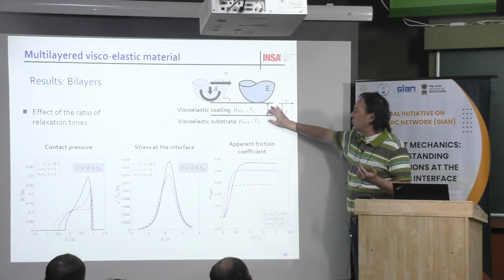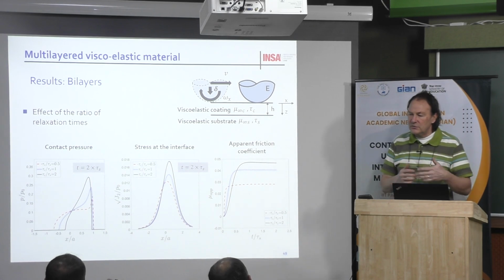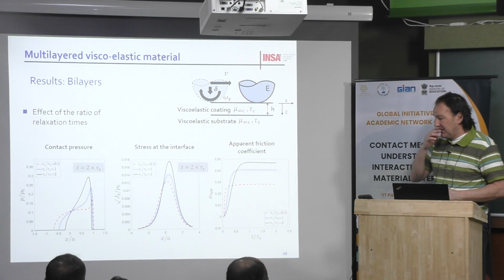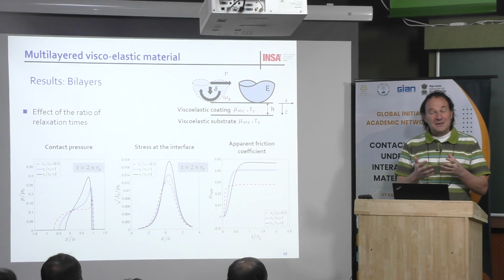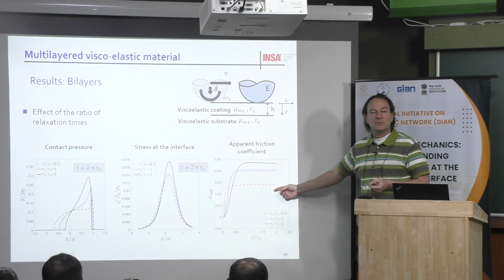You should put them only on the first layer. But with that, you may have some way to try to decrease or improve the apparent friction coefficient. For example, for a polymeric bearing, if you have a viscoelastic material, the idea will be to have a very low apparent friction coefficient, because it means less energy, less dissipation.